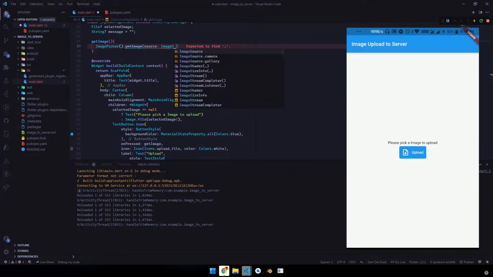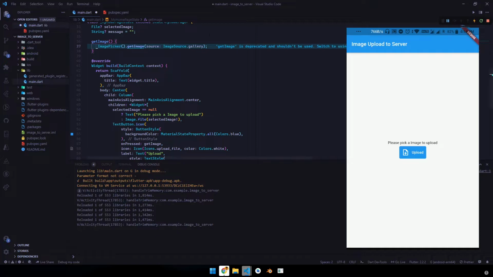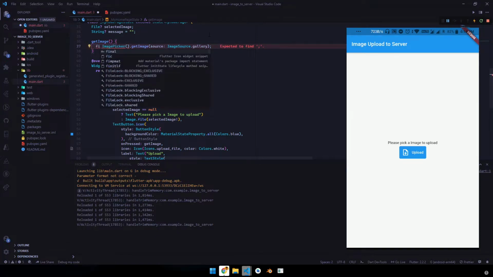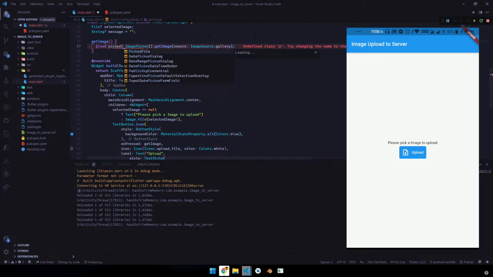We will be using ImageSource.gallery and let's store it in a variable called pickedImage. Add await, since it is an asynchronous function, we need to add await, and in getImage we need to add async.